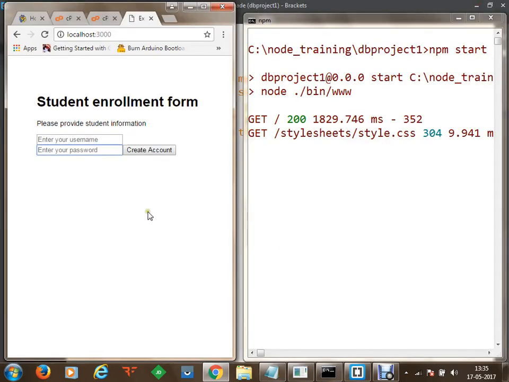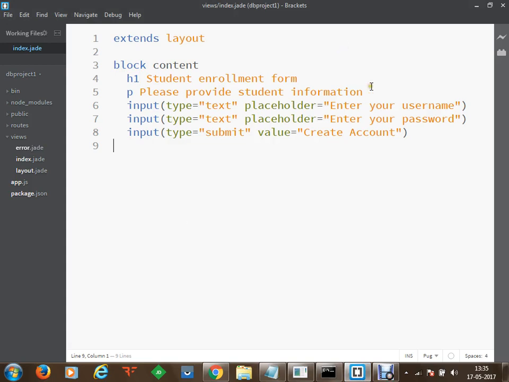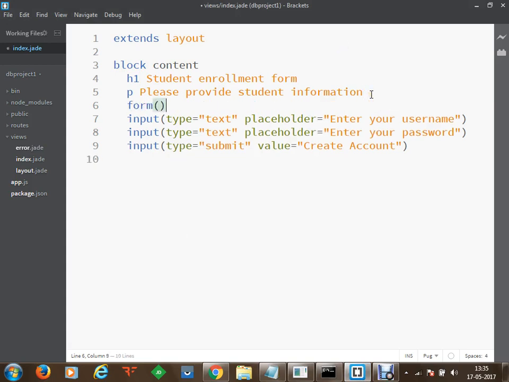So now what next do we have to do? Once we have this information created, we could have used the form element, and within this form element we could have specified the following information. We have to specify the action, and the action will be, let's say, we are going to send it to the save route in the current directory.